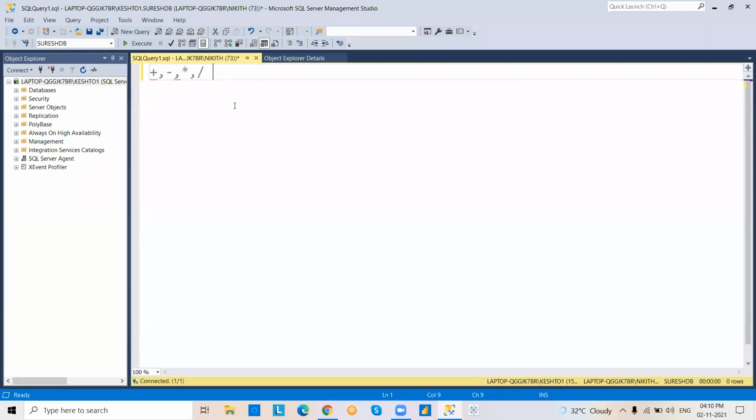Okay. So now that means we are not going to modify data in the table. We are going to work with only data retrievals. Okay. Because select statement means what? Only data retrieval operation. So coming to the next scenario, we are going to discuss about